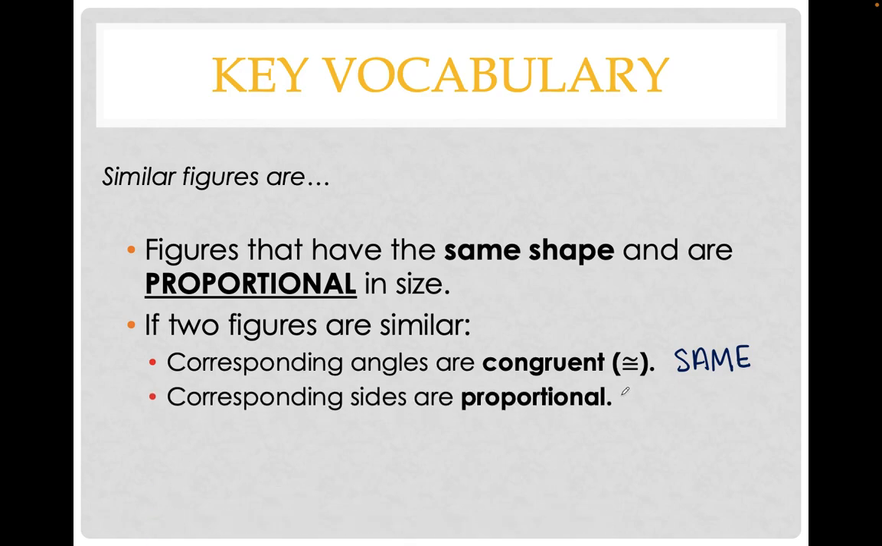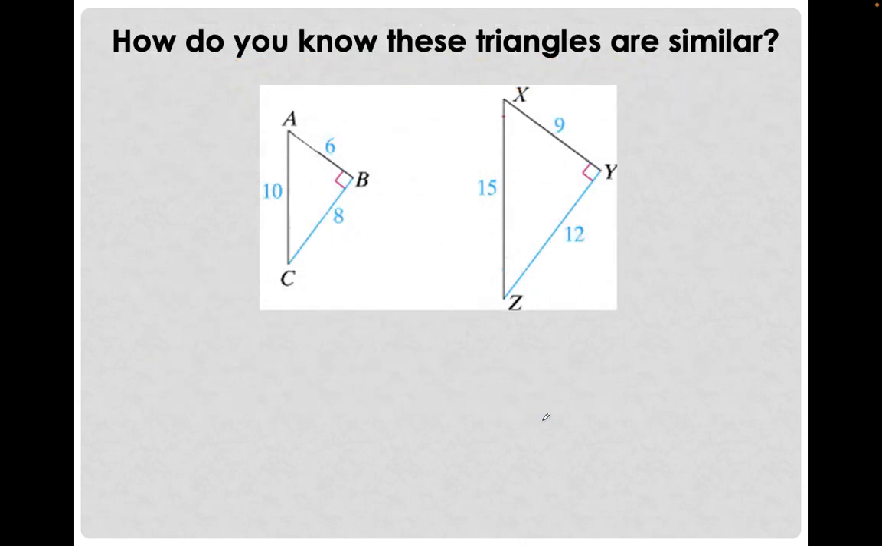They also have to have corresponding sides that are proportional to one another, meaning they all have to be so many times bigger or smaller than one another based on the side lengths. Let's take a look at an example of where all of these things are true. So first, let's look at the angle measures. The angles that correspond with one another in this case are angle A and X, B and Y, and